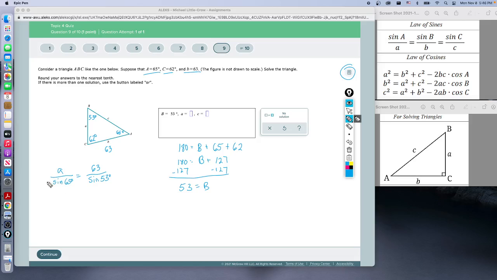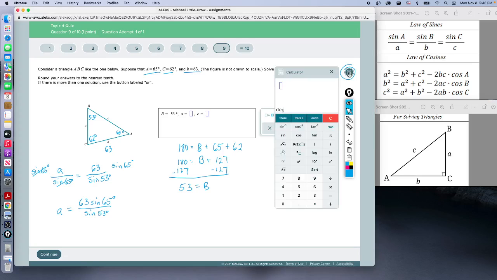To solve for A, we multiply both sides by the sine of 65. This is algebra. So those cancel. A is going to be 63 times the sine of 65 degrees divided by the sine of 53 degrees. And we will use the calculator and just plug that in. So 63 times